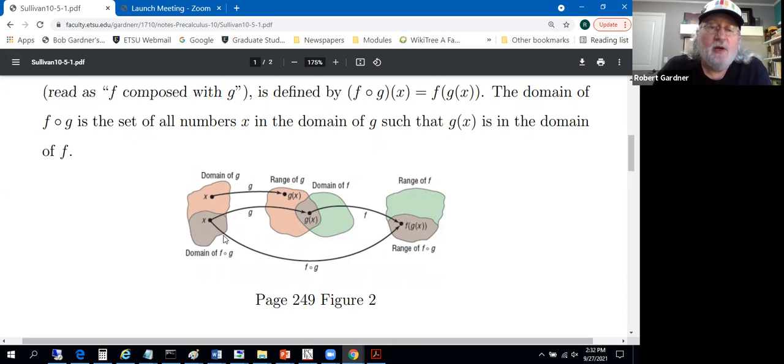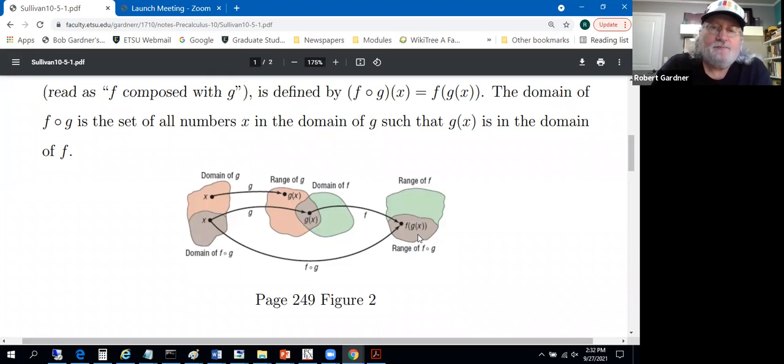Here's the domain of the composition, f composed with g. Here's an element x. The g function takes that element x over here into a g of x value, and then the function f takes that g of x value and maps it over here to an f of g of x value. Now for us, all these domains and ranges are subsets of the set of real numbers. So it's not as exotic as this illustration